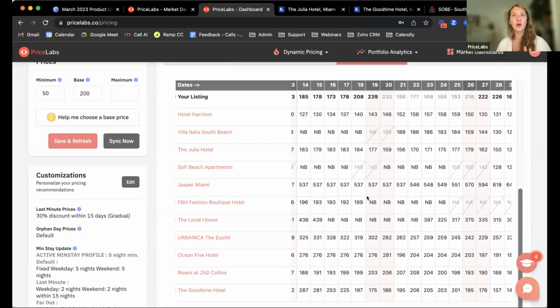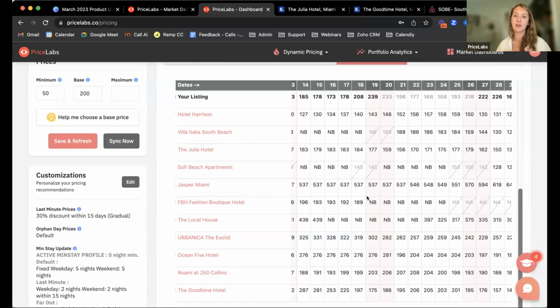It's a little bit harder to 100% base yourself off of hotel pricing, because they have internal events, conferences, weddings, things like that they're also pricing for, things that really aren't going to affect maybe your listing. Also, generally, if you look really far out, sometimes hotel revenue managers do kind of crazy things with their pricing. So it's a good benchmark, but I wouldn't necessarily come in here and